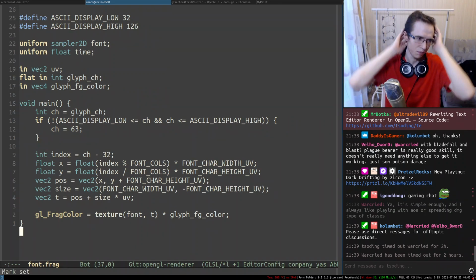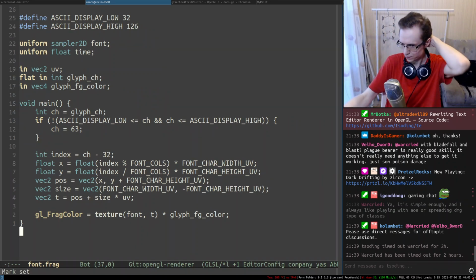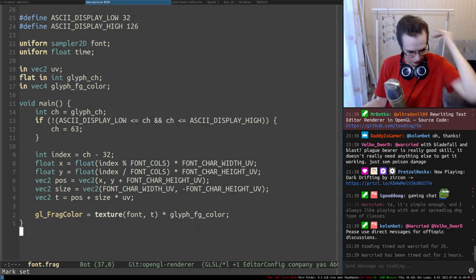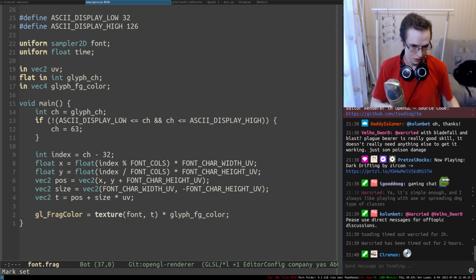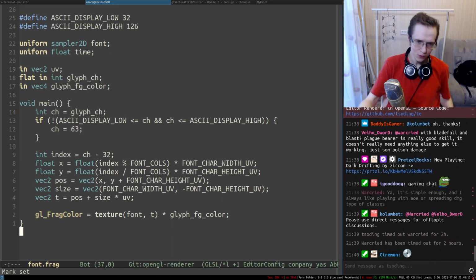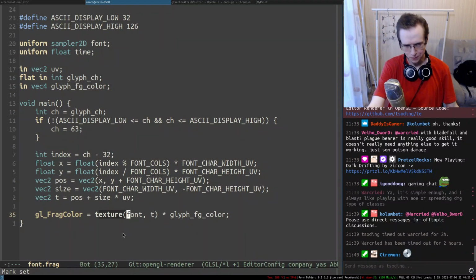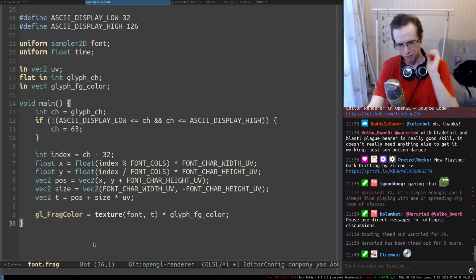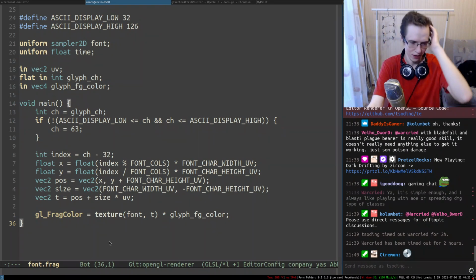And how can we even apply this? CD, exactly. You see, the texture has background pixels set to alpha 0. It is alpha 0.